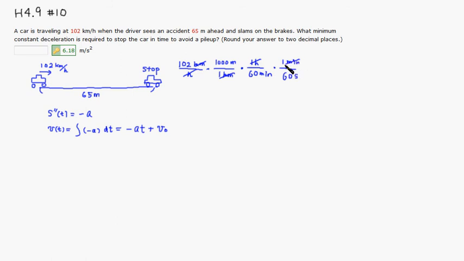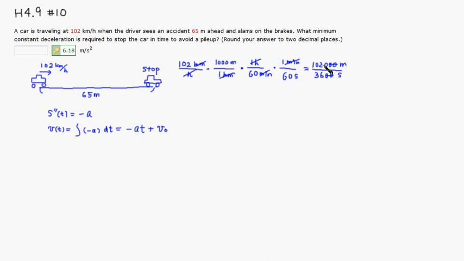So you can cancel those, right? So you can see that on top you have 102,000 meters, and on the bottom, 60 times 60, so 3,600 seconds, right? Then you can knock off 2 zeros and 2 zeros,